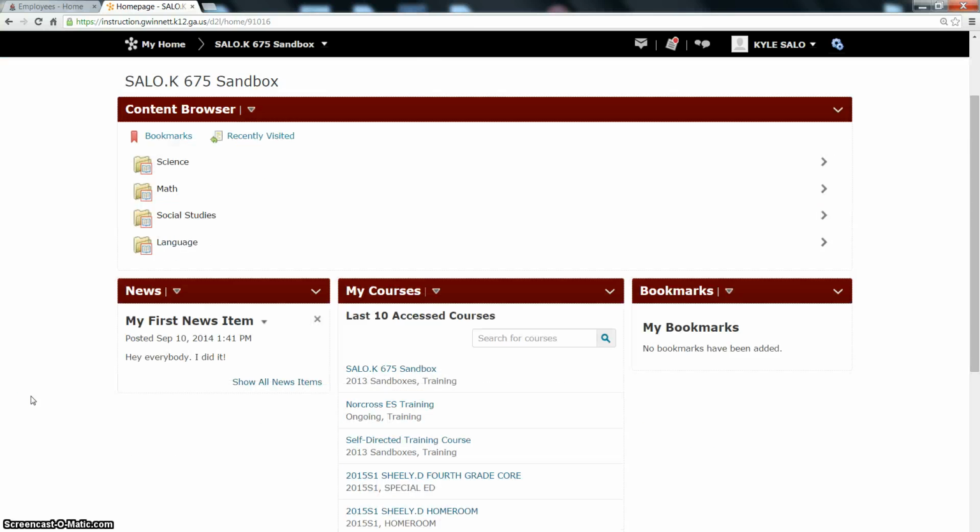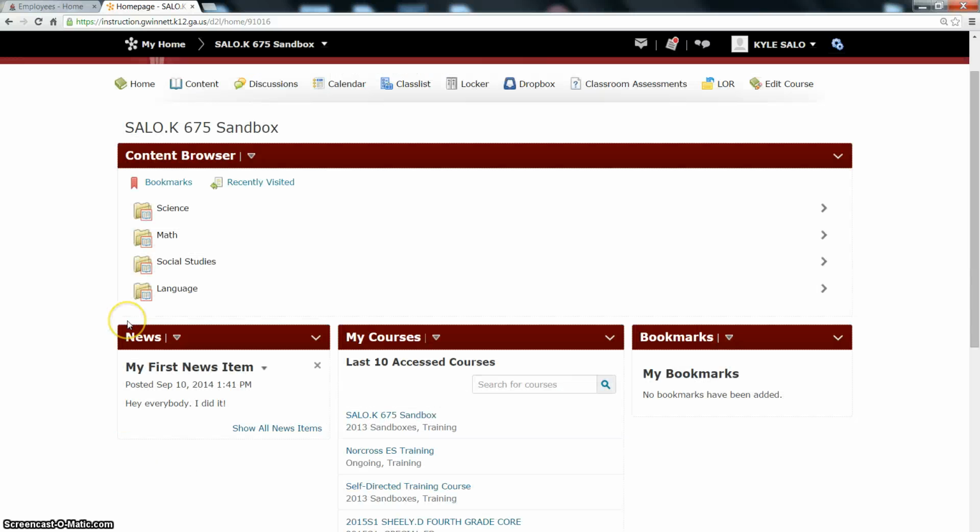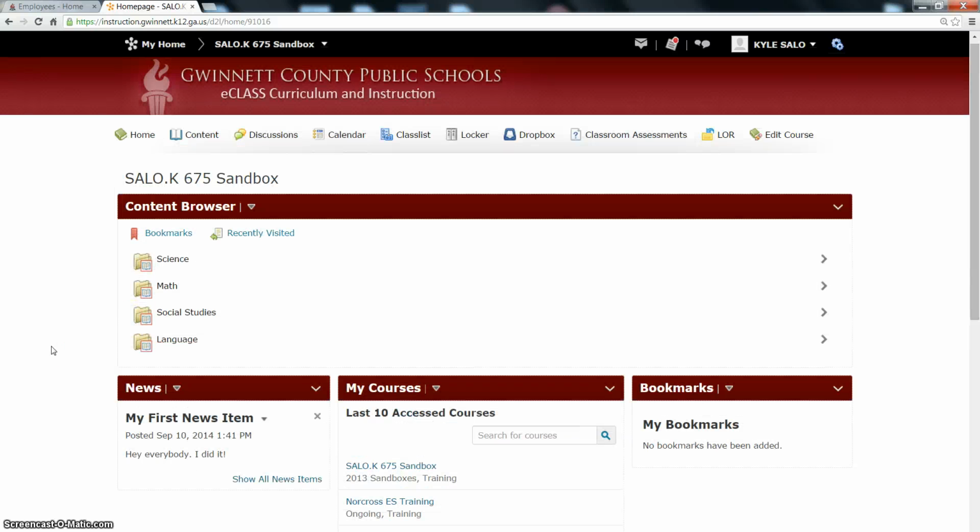And finally, the last thing I want to talk about is your role switch. I always put it at the bottom, that way it's out of the way. Currently under mine, I'm the school admin, so I have different roles than you do. This role switch allows you to see what exactly the student sees. Okay, so if I have this folder and this folder unpublished, in fact, I'm going to go in here,